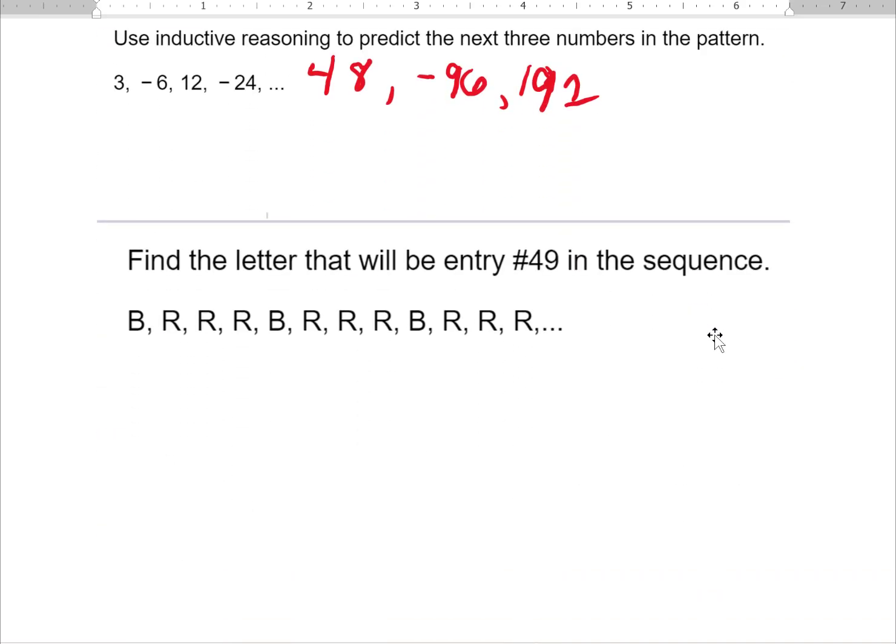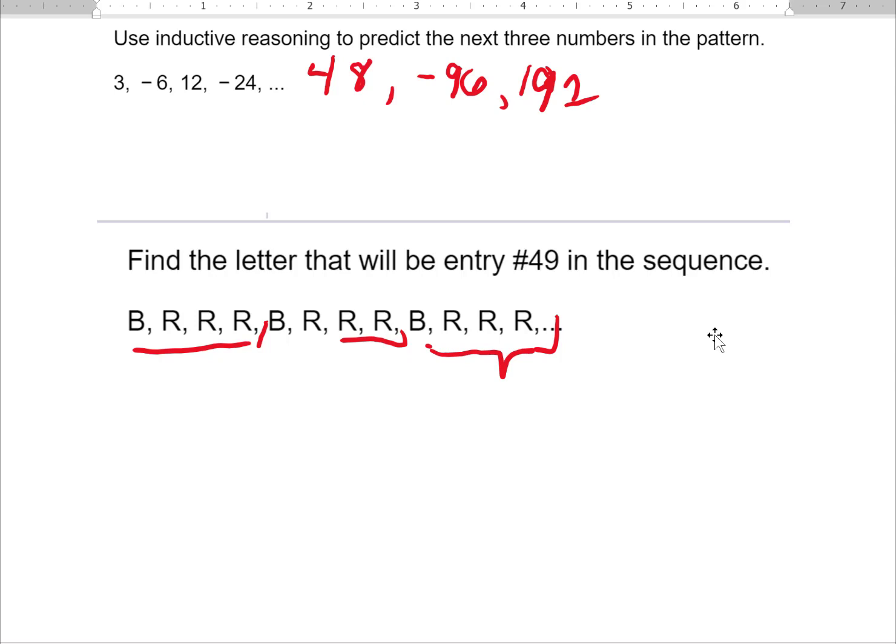Okay, the last one we're going to do in this one says find the letter that will be a certain entry in the sequence. So when you're given a sequence like this, what you need to look at is what kind of a pattern do we have? And if I look here, I see a repeat in groups of 4. So I see I've got B and then 3 R's, B and then 3 R's, and it's repeating in groups